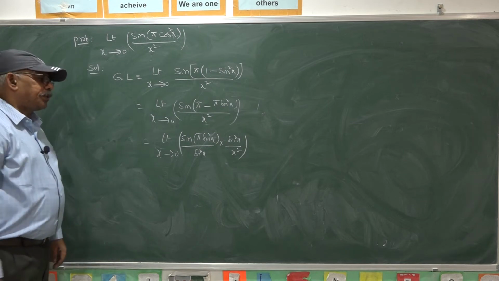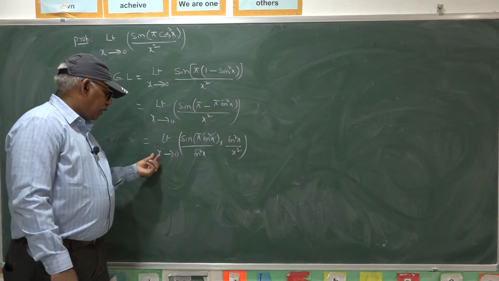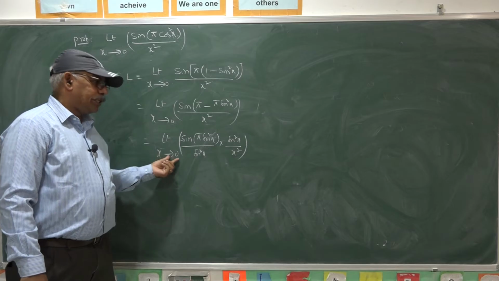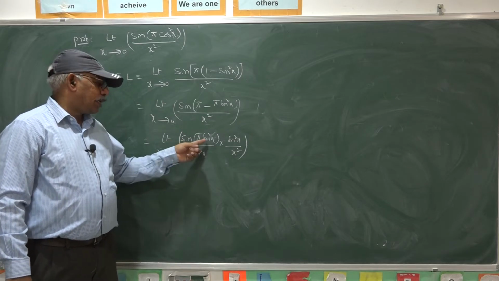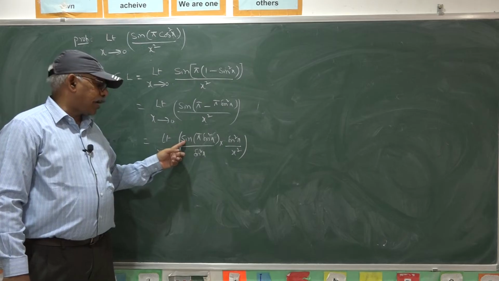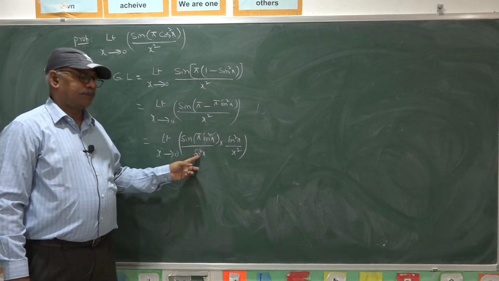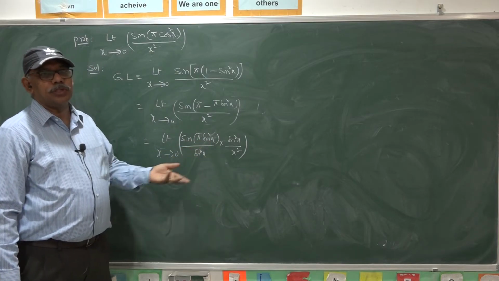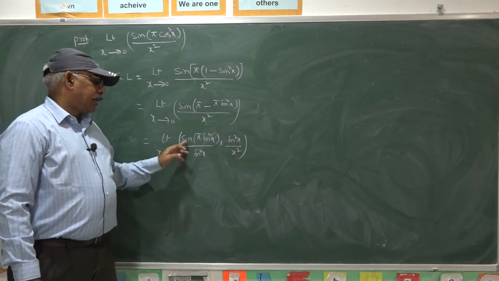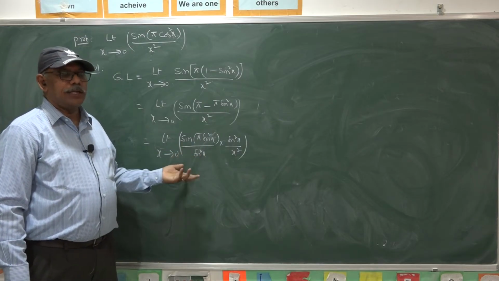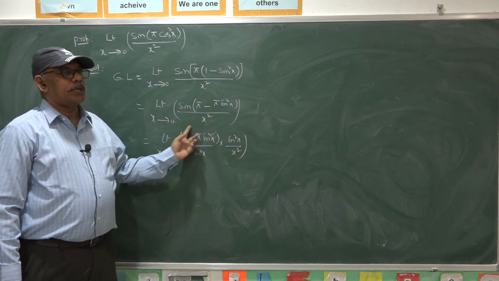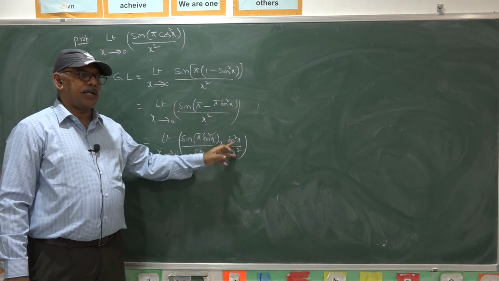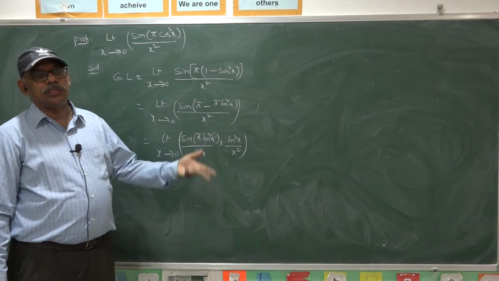The advantage of dividing the numerator and denominator with sine square x is, as x is nearing 0, this one is also 0, you can observe it. As x is nearing 0, sin x is nearing 0. Once this is theta, it reduces to sine a theta by theta as theta goes to 0, theta measured in radians, which is a itself. So, the limit immediately we get as a finite value pi. And again this reduces to (sin x by x) whole square as x goes to 0, which is 1 square.